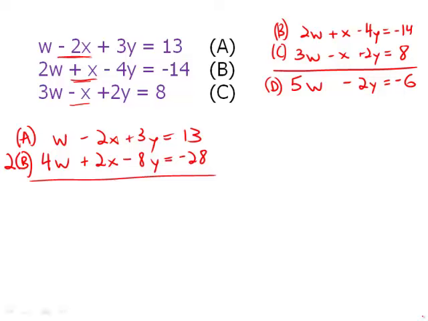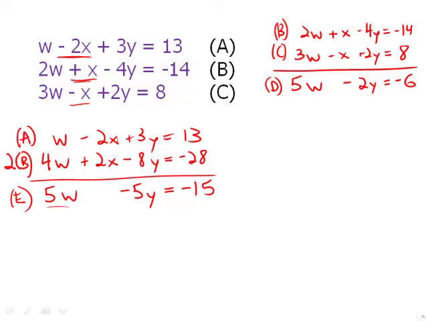All right, very good. So now, again, add straight down. I get 5w, the x's cancel as predicted. I get negative 5y equals negative 15. Now, ordinarily, I would say, gee, all of these are multiples of 5. Wouldn't it be easier to divide by 5, get smaller numbers? Then that might make it very easy to cancel, to substitute, to do all kinds of things. But I'm not going to do that. I'm going to call this equation E as is,